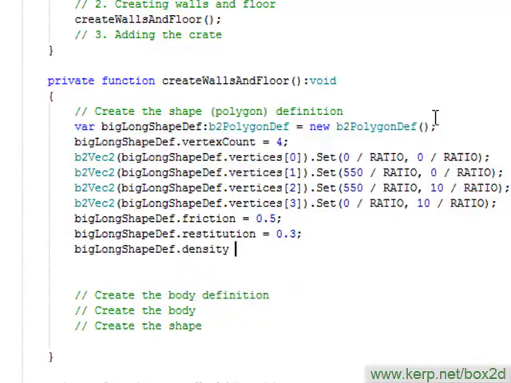And then the last thing we're going to set, and actually I suppose we don't need to set this because I think by default it's set to 0, but I like setting it explicitly, is the density. Density is typically a measure of an object's density. I think if you set it to 1, that's about the density of water. Less would be for wood, greater would be for metals. Here I'm setting it to 0.0, and this doesn't mean that I'm going to be creating some cloud-like object that has no density at all. This is sort of a special value that tells Box2D that this object is kind of permanent and fixed